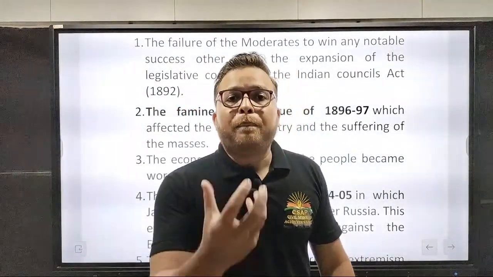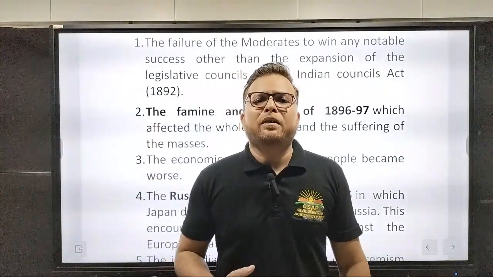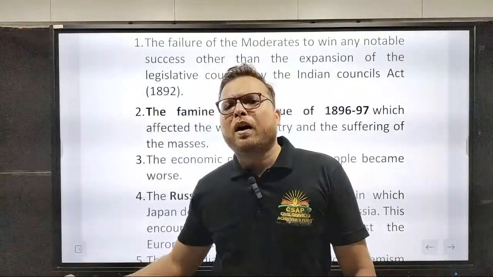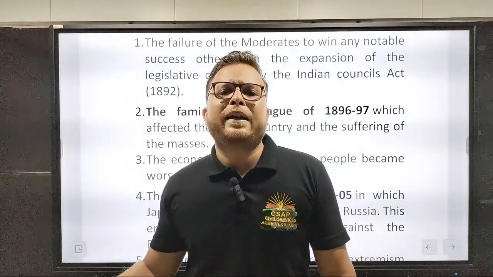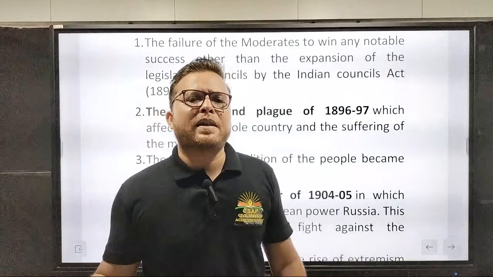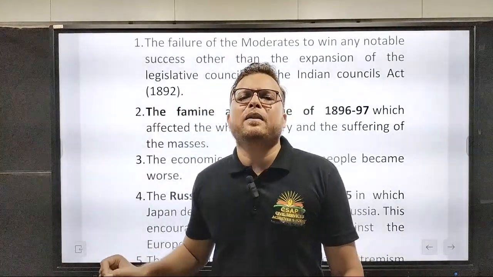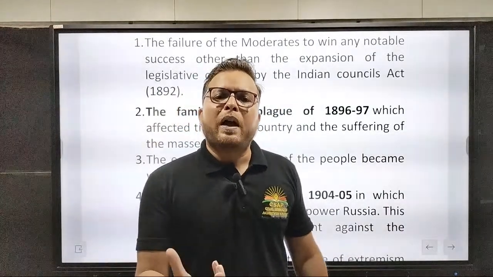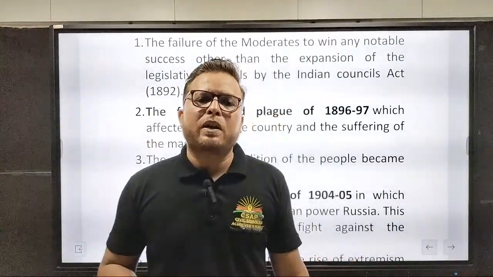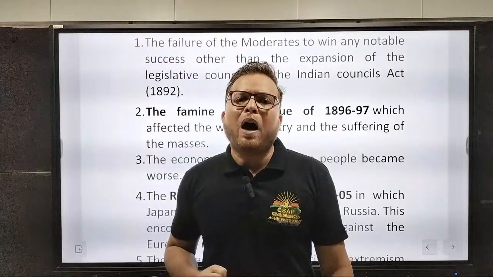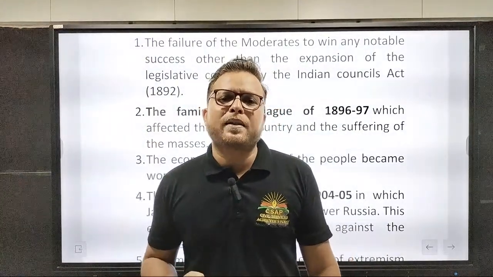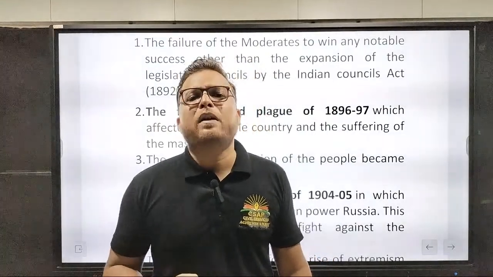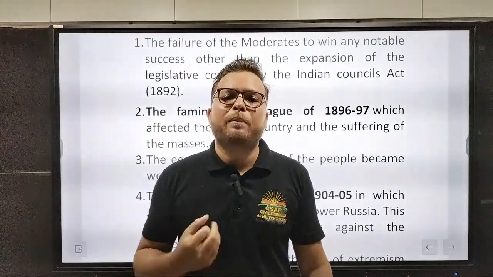On top of that, plagues were also happening. The plague of Deccan is a case in point. The plague of Deccan happened towards the very last of the 19th century, around 1896-97. A plague had hit Deccan, especially the modern day state of Maharashtra, and we have spoken about this incident before in one of my previous sessions: how the Chapekar brothers assassinated Ayers and W.C. Rand. Who were these two people? They were the plague commissioners.